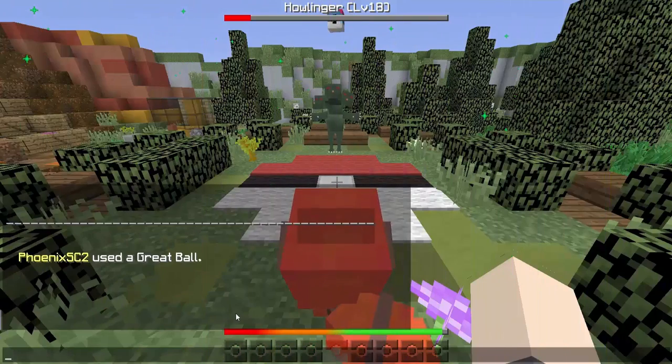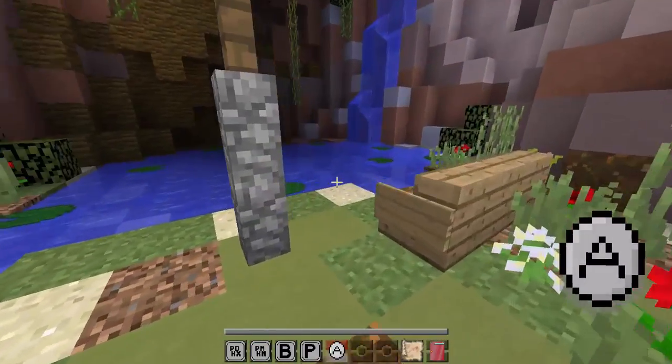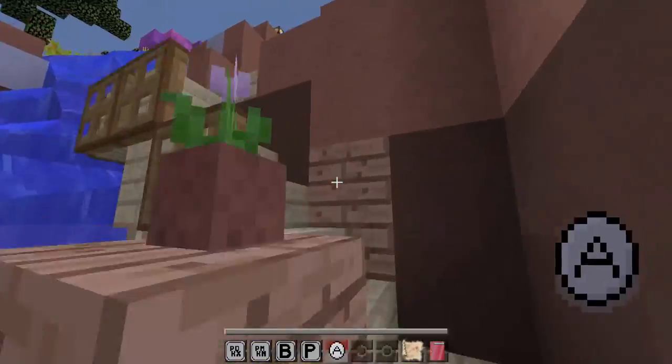Oh, great ball. Let's use the great ball. Alright, here we go. Done. Alright, we've caught a Howlinger. So once that's done, come back to where you were before when you got the TM and climb these stairs